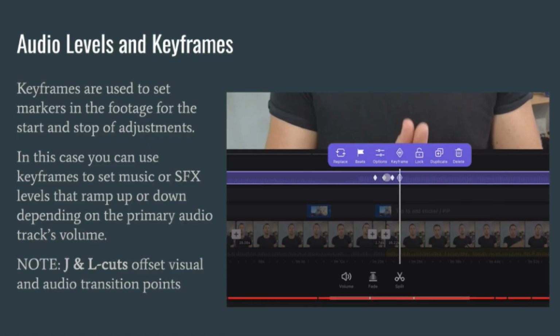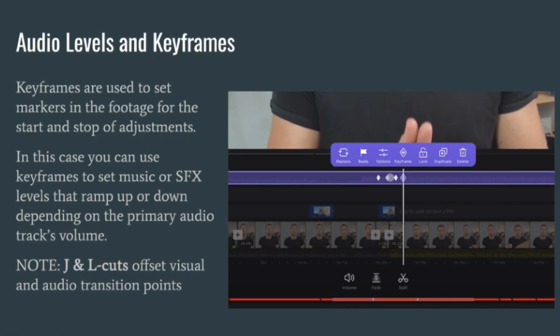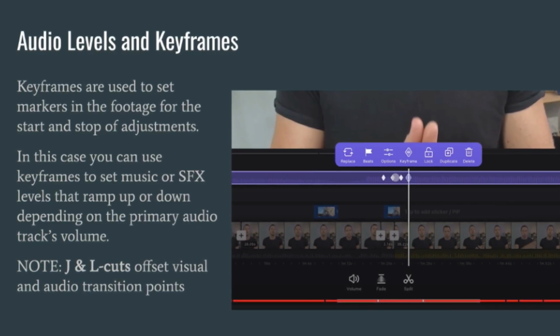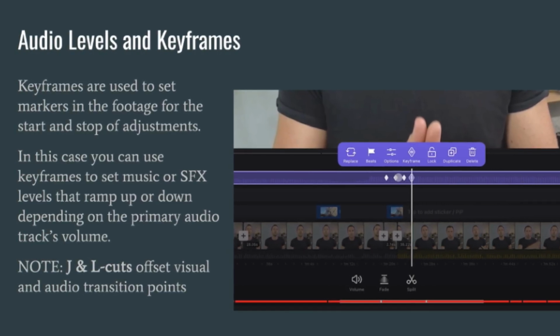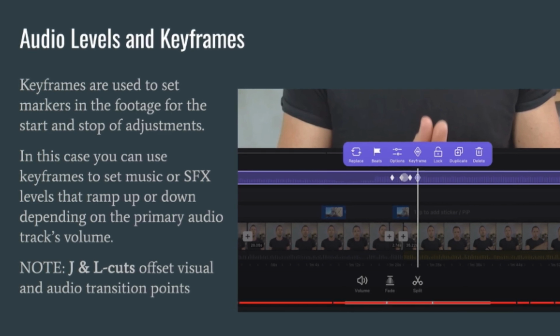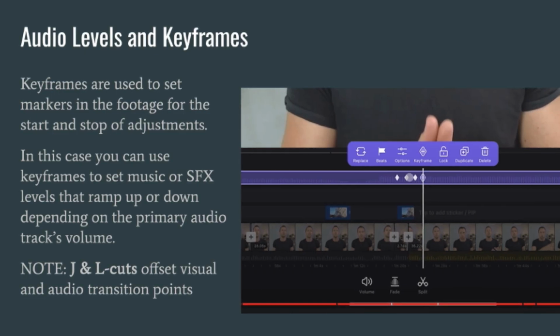Sometimes you'll want the volume of the audio to change from loud to quiet or quiet to loud, and for that you need to use keyframes. Keyframes, whether it's for audio or video, simply allow you to identify a part of a clip where you want something to change. In this instance, we'll use keyframes to change the audio volume. Here's a case where we want the nat sound to start at full volume and then become quieter as the